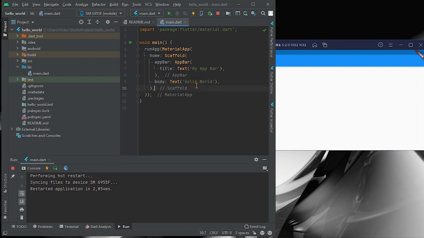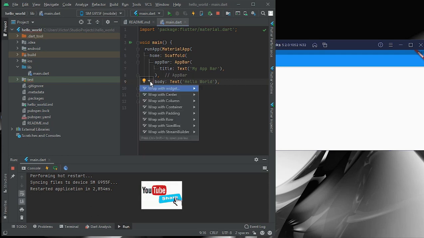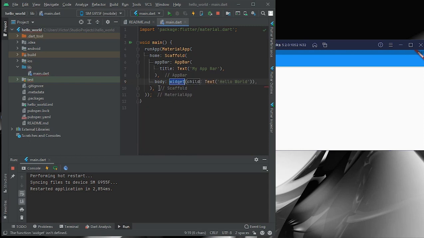Oh, no need to copy. I think there's something we can use here. This light bulb here, if you press it, you see something like wrap with widget. So we are going to be wrapping this with the center widget, and this is it. If you notice, this center widget has a child property, just like our app bar had a title.